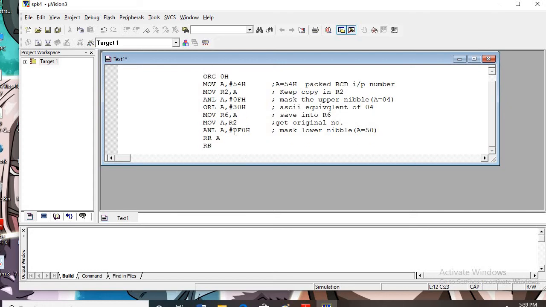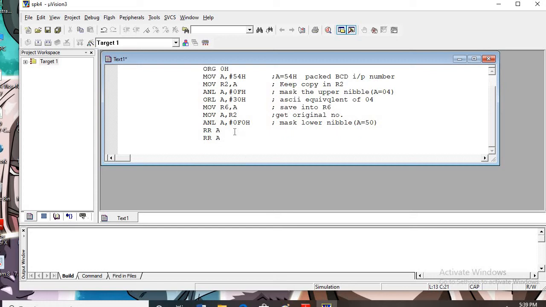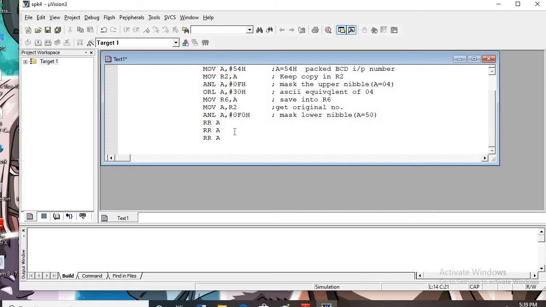RR, again RR, bit by bit it will get rotated, and therefore from 50 it will become 05. Once again RR A. At the end I will make the comment: rotate right 4 times. Okay.